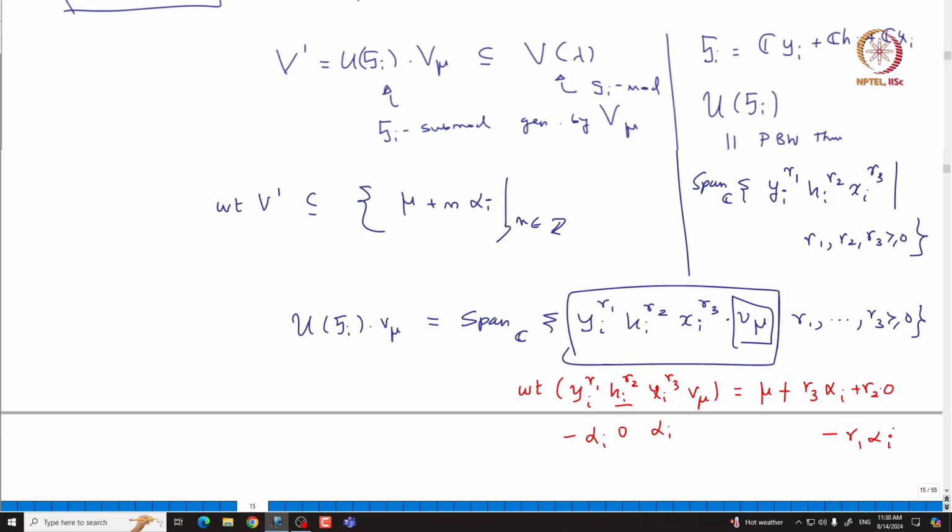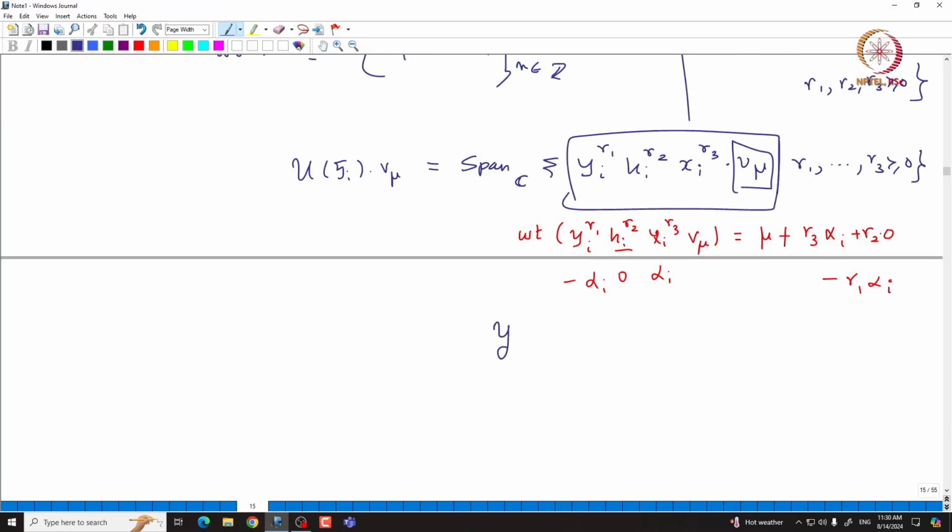So, basically what it says is that if you take this element y_i^R1 h_i^R2 x_i^R3 V_mu, this is going to lie inside